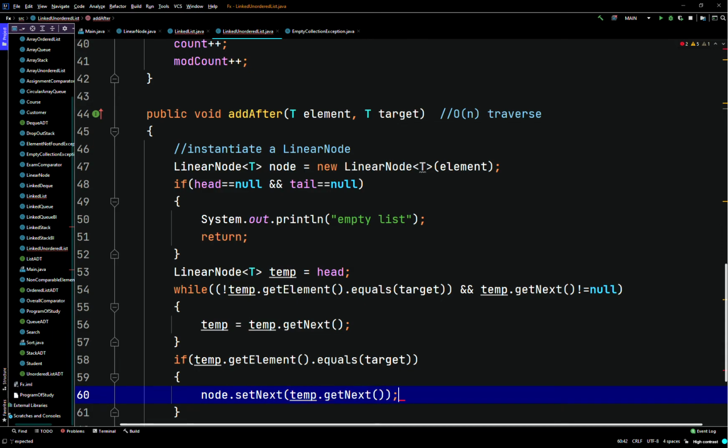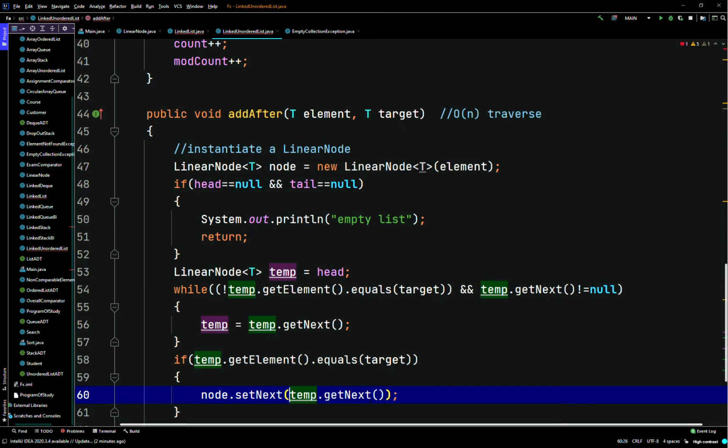So it's saying node.setNext, set node's next reference to point to temp, which is okay. So if we're going to add after, we're going to look for a target and we're going to add after that target. So node sets its next to point to